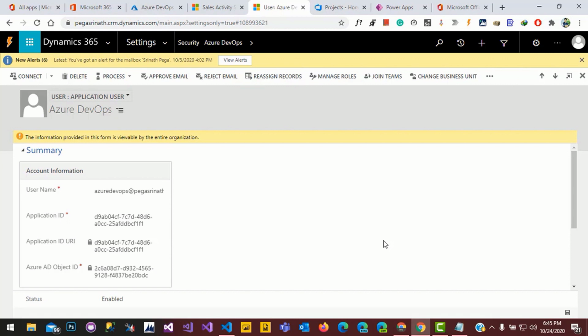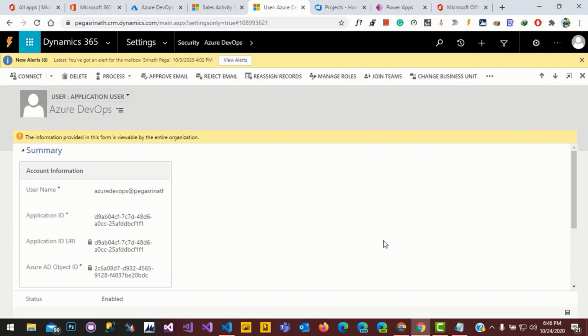With this account I can export and import the solution from one environment to another environment with the help of Azure DevOps. So let's create one pipeline using this service account.